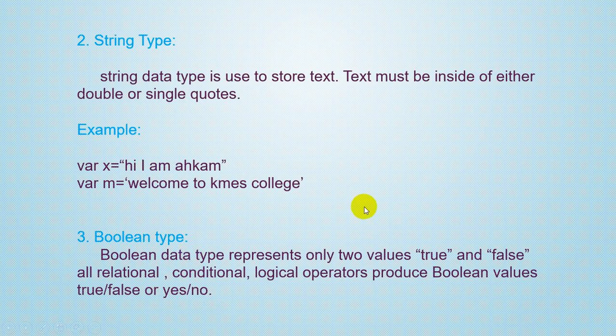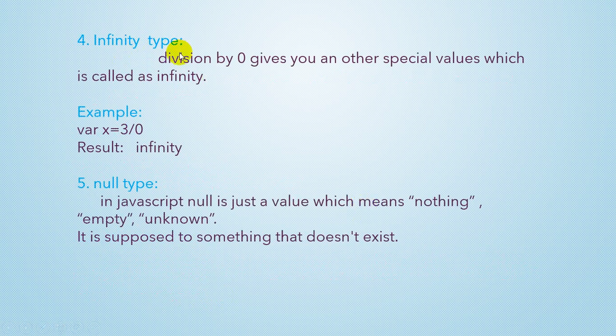Okay, now move to the next, that is infinity. The infinity data type is very important. You just have to remember, if you divide any number by 0 in JavaScript, the whole concept I am talking about belongs to JavaScript only, because every language treats these things in its own manner. The definition by the language creator is different for different languages. So if I am talking about JavaScript, all the rules and all the data types I am talking about are only for JavaScript.